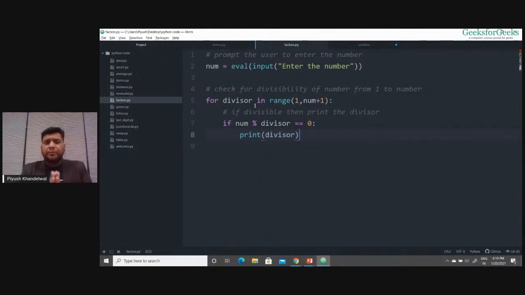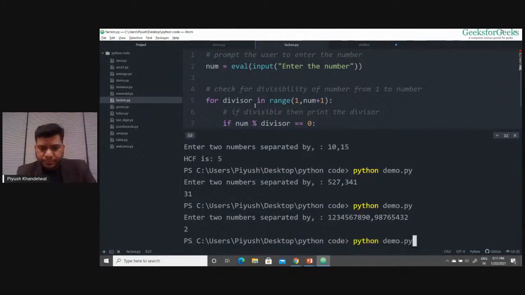So this is a simple program where we ask the user to input the number. Then we have a for loop from 1 to that particular number. And we are dividing this number by all the possible numbers between 1 and the number, right? This is what we are doing. So we saw how we did it when we were adding to the factor term. Here, instead of adding to the factor term, I'm just printing that divisor, the number that is dividing my given number. I'm just printing that number, okay? So I hope the code is clear to you.